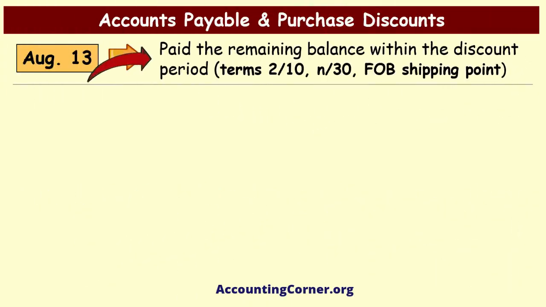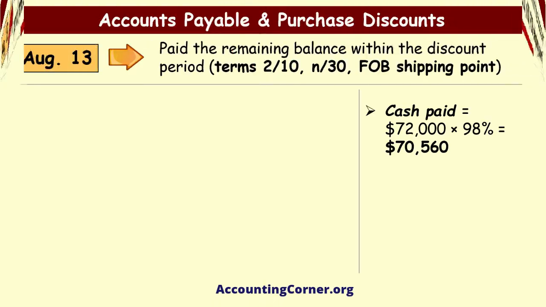On August 13th, the company paid the remaining balance within the discount period. Remember the payment terms, which are the following. 2/10, N/30, FOB shipping point. Since payment was done within discount period, which is 10 days, the company is entitled to early payment discount. Discount is 2%. Payment is reduced by 2% and amounts to